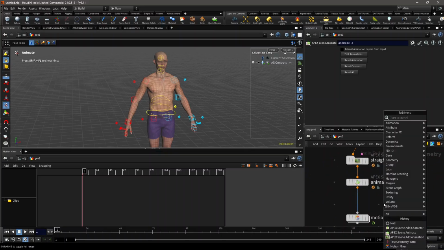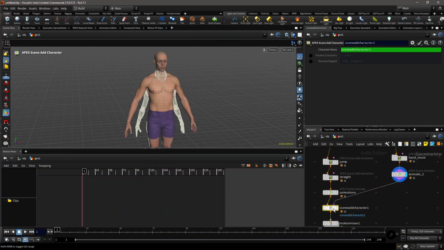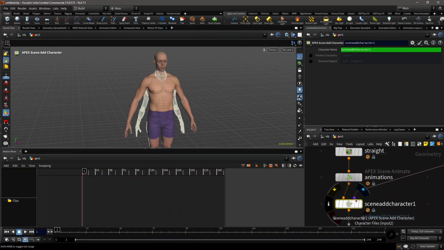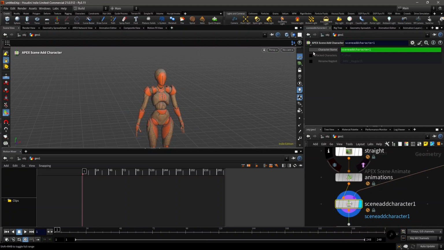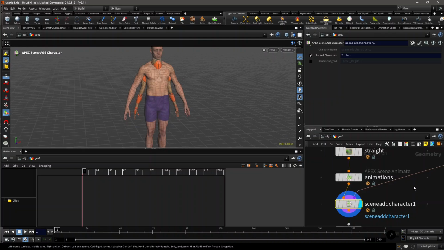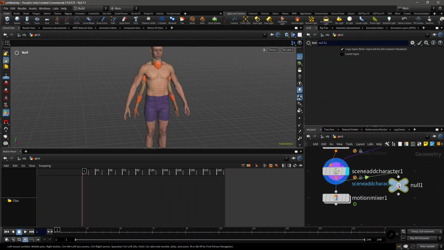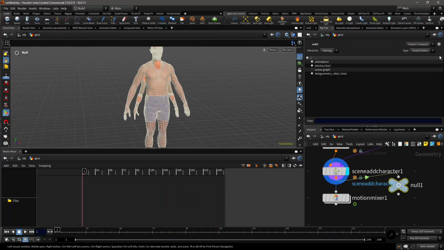So we can drop down an apex scene, add character, and plug it over here, and connect this animate to this character files input. And we want to turn on this packed character option so that it adds the .char, and as you can see now it is added. If you drop down a null over here and see this in the directory to see the packed folders, you will see that we have this electra.char and also this test geometry